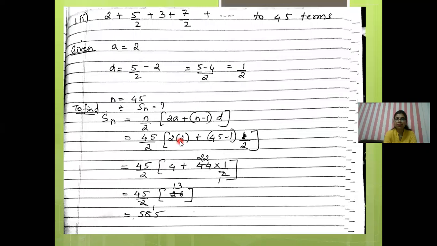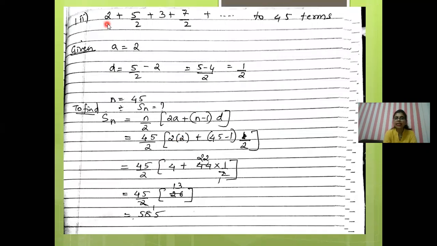After that, you substitute the value of n in the formula n upon 2 bracket a plus l. So you get a is 4 and l is 100 and 13 upon 2. So 104 when you divide by 2, you get 52. 52 into 13, you get 676. So like this, you get the value of Sn. You have to write that as the answer. Sn is equal to 676 at the end. So I hope this sum is clear. Now we go to the next slide.